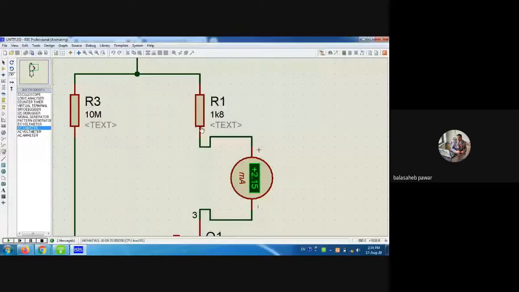But again, as a standard available, I have taken it as 1.8K. So both resistors I have taken are of somewhat low value as compared to the calculated one. And for calculation purpose, we took this ID as 2 milliampere, but practically we are getting it as 2.15 because the selected resistors are of somewhat low value as compared to the calculated one.